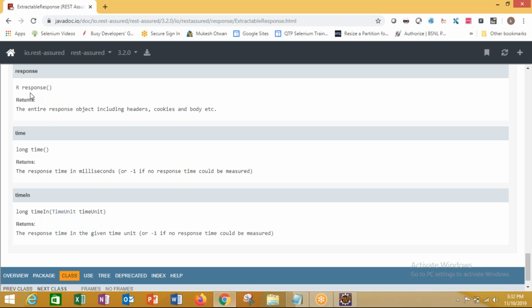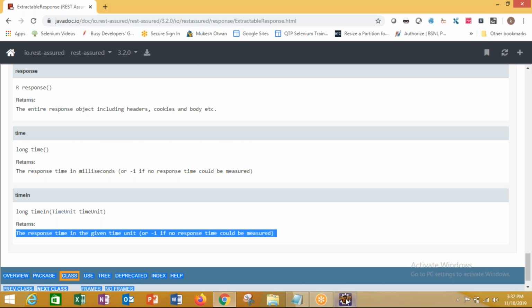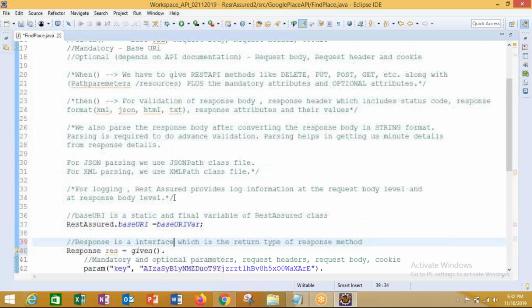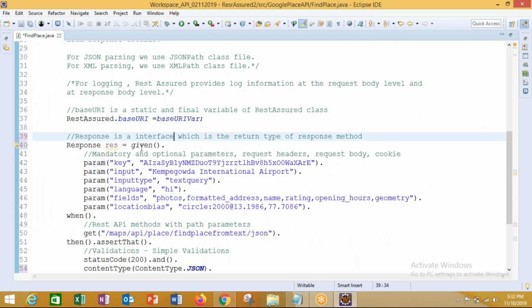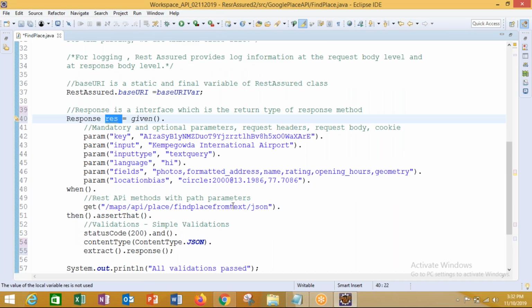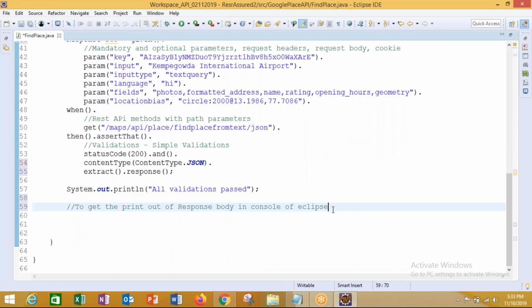Sorry, response class, which is returning the full response object consisting of response headers, response cookies, and the response body part. That is how it works. Now the whole response is kept in this variable. Now I need to extract it to the console. So what I need to do is